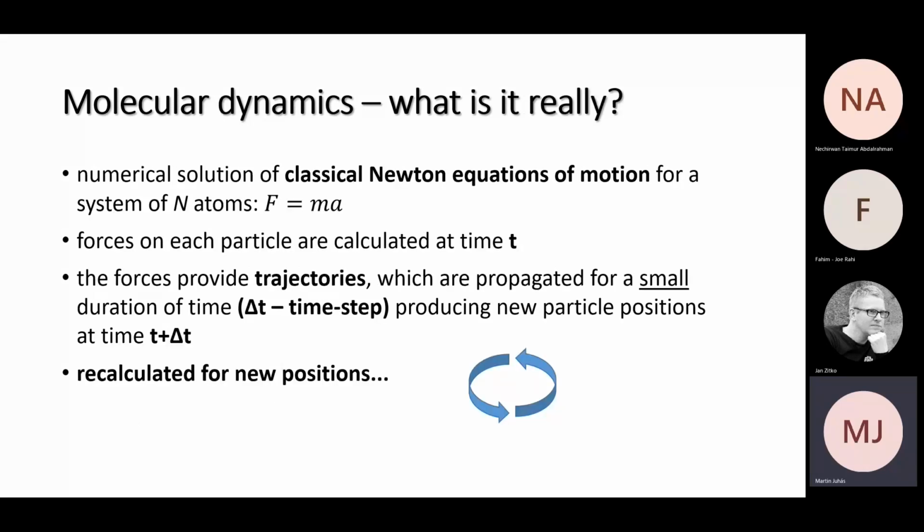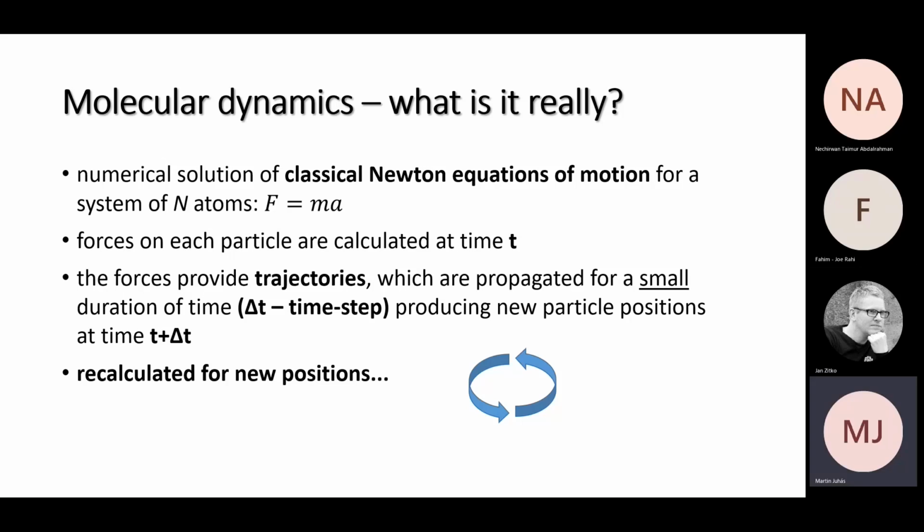So what it is really, it's actually pretty simple. It's just a numerical solution to the classical Newton equation of motion. So the very well-known equation F equals m times a, so mass multiplied by the acceleration. For each particle, we calculate the forces that act on them at the specific time. Then you take the particle and you move it a very tiny bit,